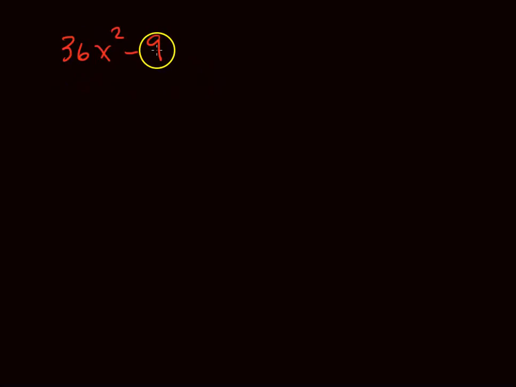Well, is there something common to both? Let's see, I can pull out a 9 from each one, right? What's left over? Well, 4x squared minus 1. So am I done? Well, the 9 is okay, but this is 2 terms. So you look at your list and say, for 2 terms, difference of 2 squares, sum or difference of